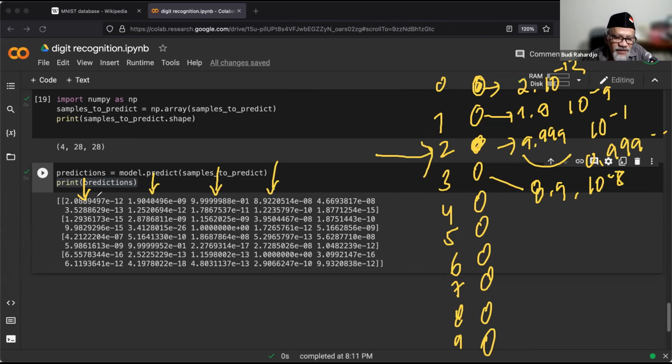Okay, this is just an array, the outputs of this. This is for the 2. Terus berapa lagi tadi angkanya? 7. 7 and then 6. 3.